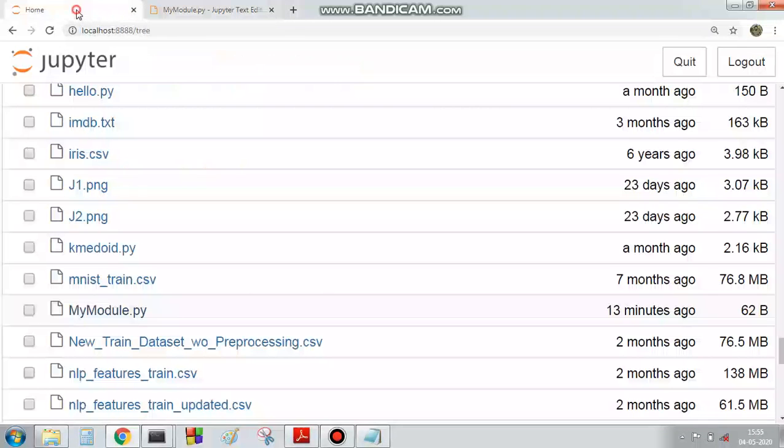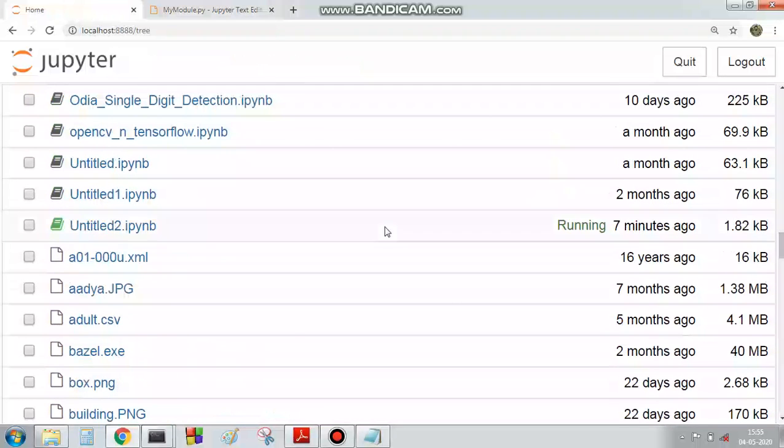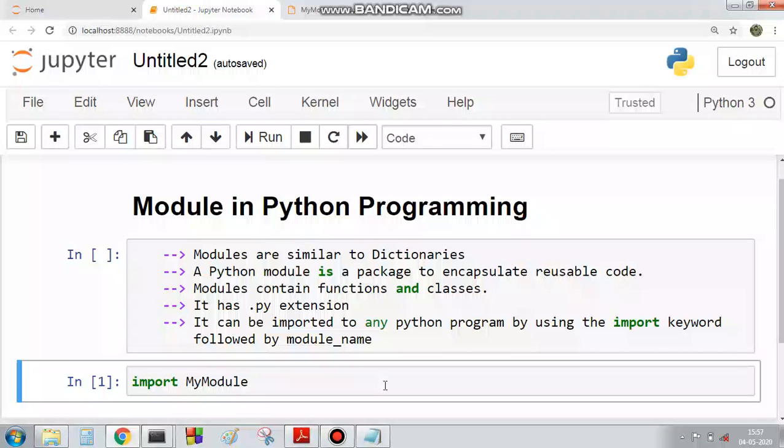And in the same default path, I am opening an IPython notebook. Now this untitled2 is in the same path where the mymodule.py is present.